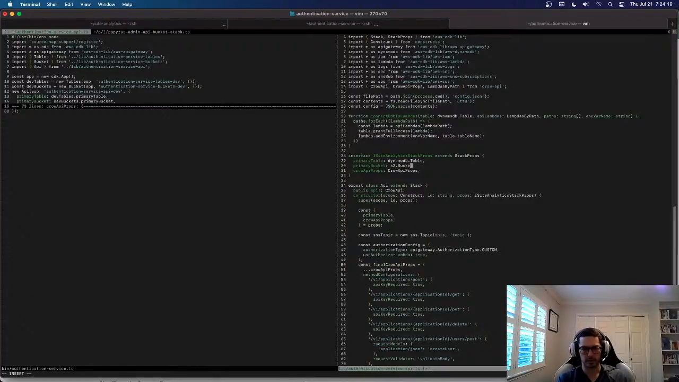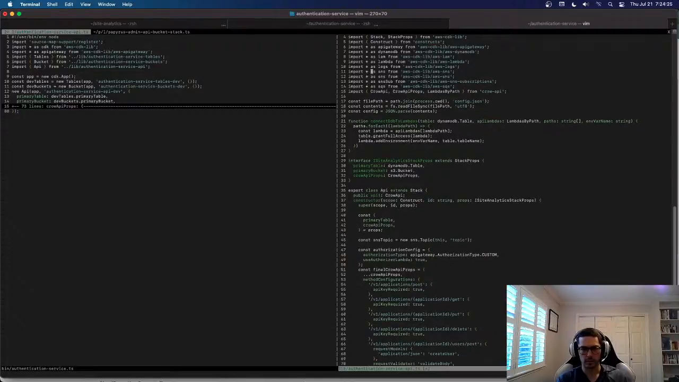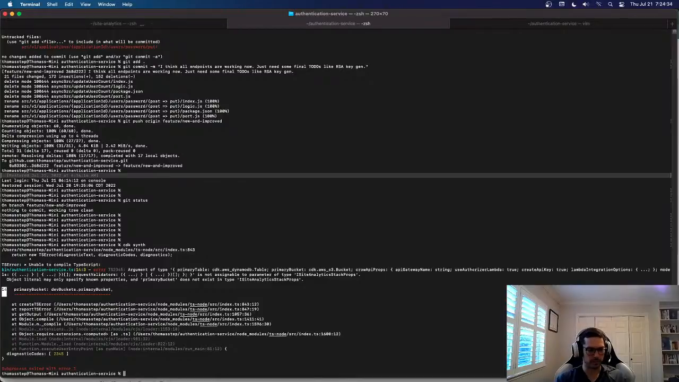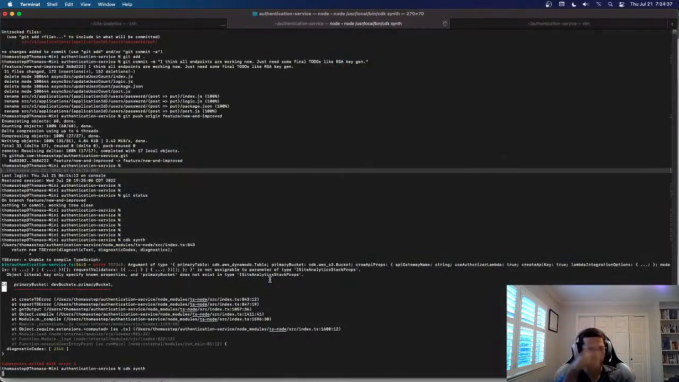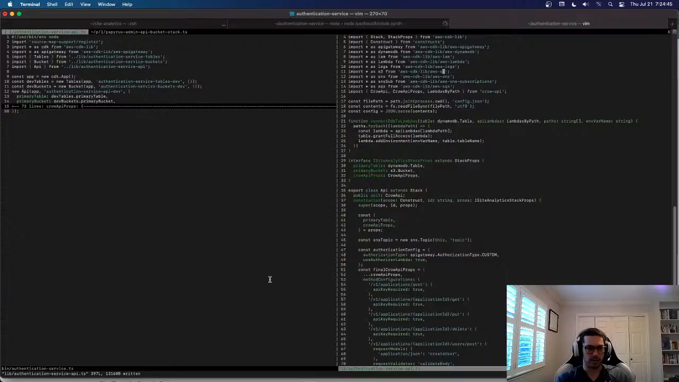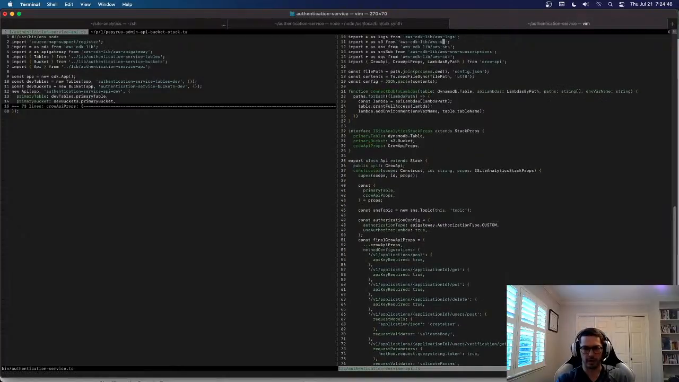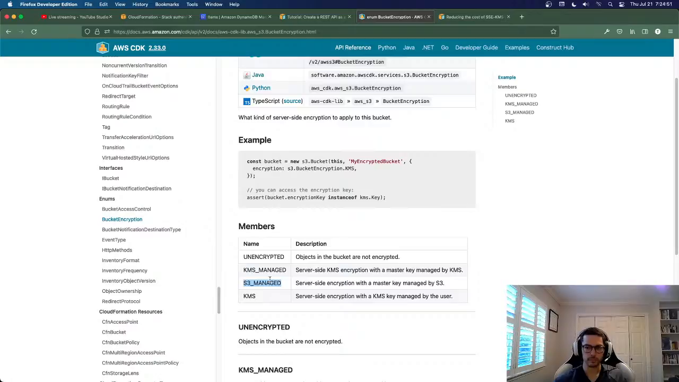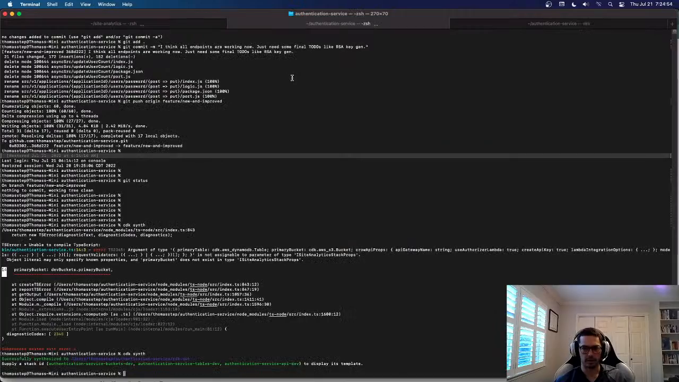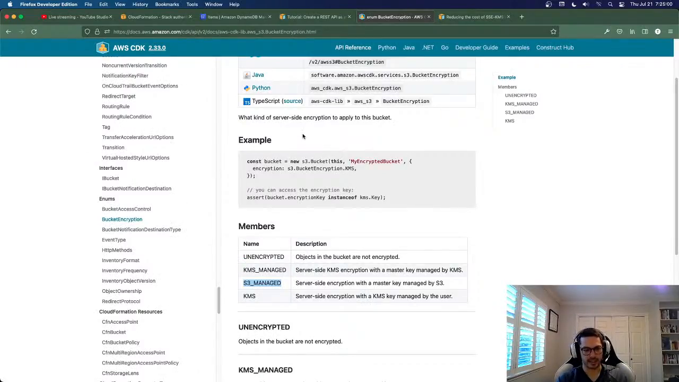S3 bucket, and then this becomes S3. Is that what it actually was? Yeah. I think. What it looks like it might have been. Okay. And then, alright, so that's synthesized. So next,